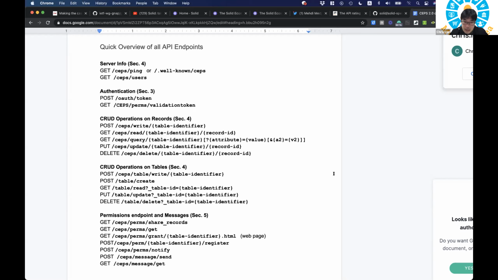So then, in terms of CEPS, right now you're using Solid. Probably your software is tailored to the Solid specification. How hard or difficult do you think it would be to switch operations to a new type of API like CEPS that's being built here? Would you see it as something that might conflict with your business?